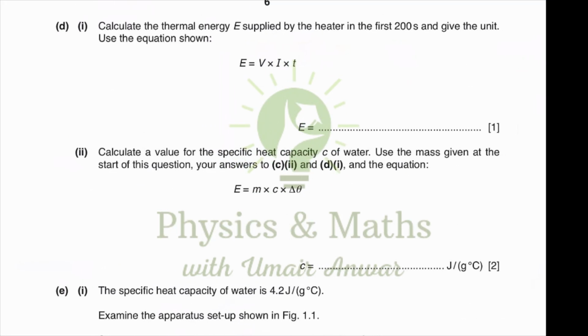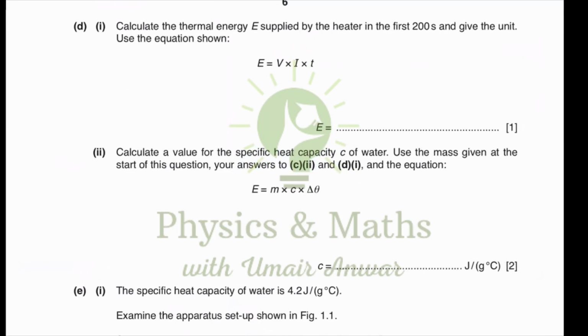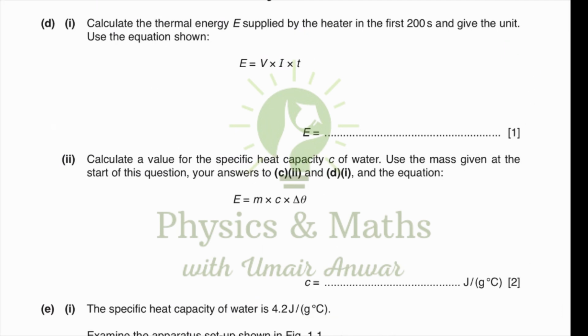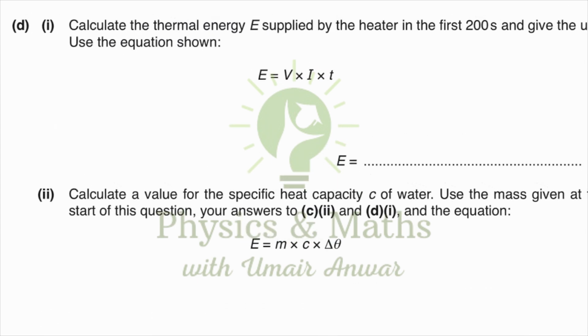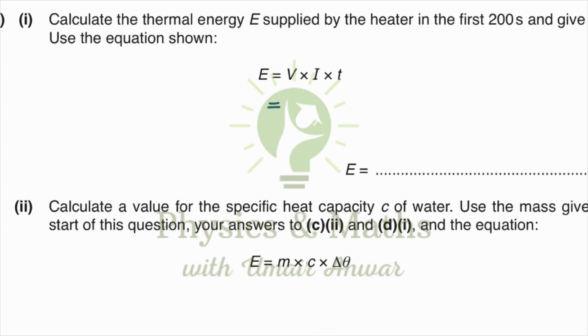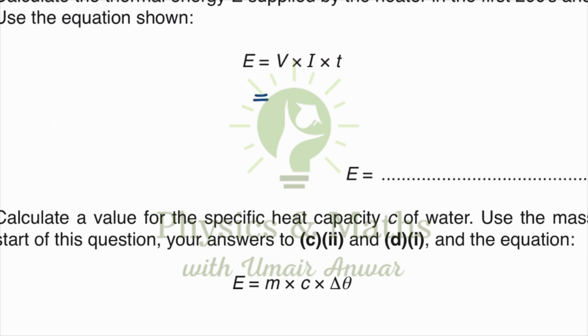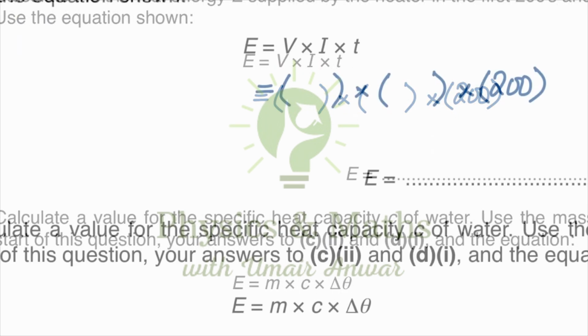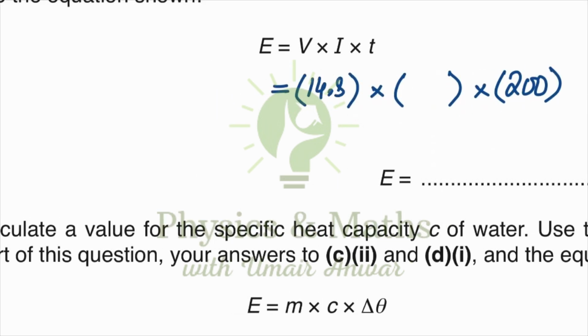Now the next part says calculate the thermal energy supplied to the heater in the first 200 seconds and give the unit. Use the equation below. So we have the equation where we have to plug in the value of voltage, then the value of current, and then the time would be taken as 200 seconds. So I'm using these values 14.8 and 4.0 amperes. So the answer we get is